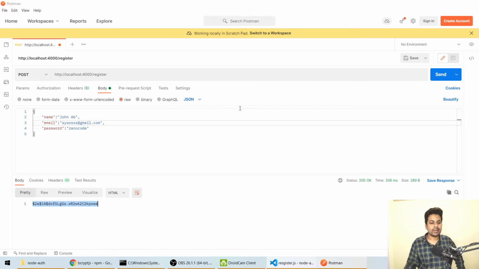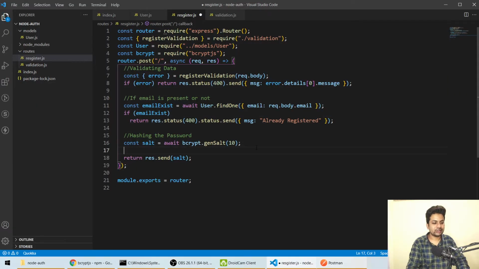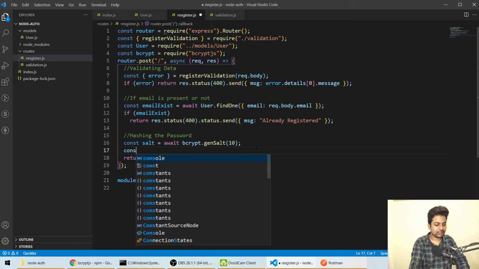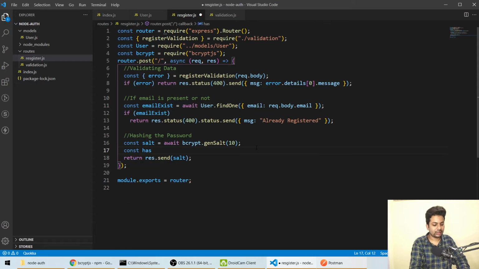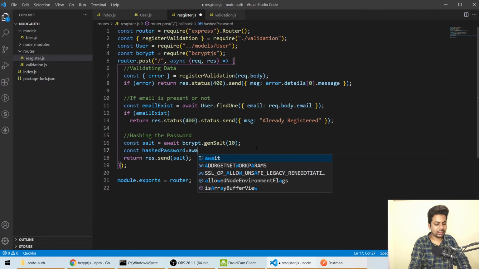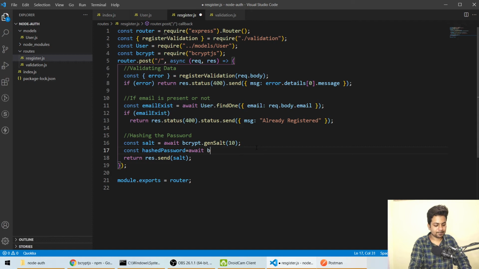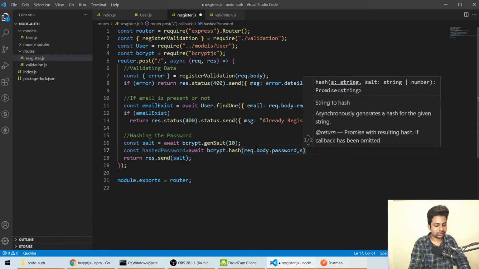So let's go back there. After generating the salt, we'll say const hashedPassword equals await bcrypt.hash, and we want to hash req.body.password, comma salt.